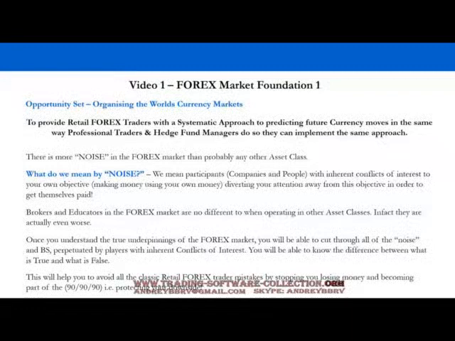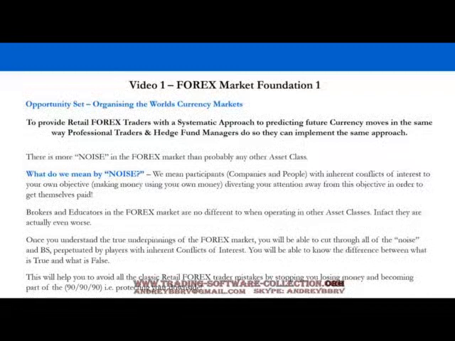And what you're going to find is a lot of brokers and educators in the Forex market, they're no different in the Forex market than any other asset class. In fact, they're probably even worse than in other asset classes. And once you start really understanding what their objectives are and how they're counterintuitive to your own objectives, you're going to begin to understand what the true underpinnings of the retail trader Forex market actually are. And you'll be able to cut through all of this noise and the BS perpetuated by these players